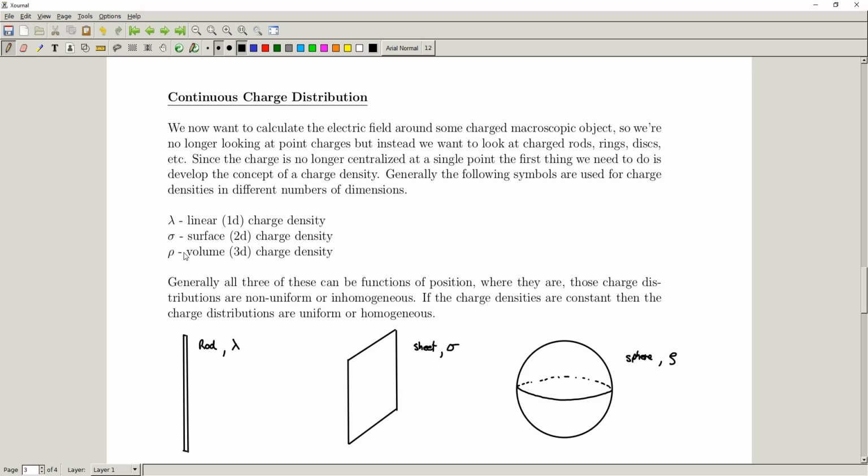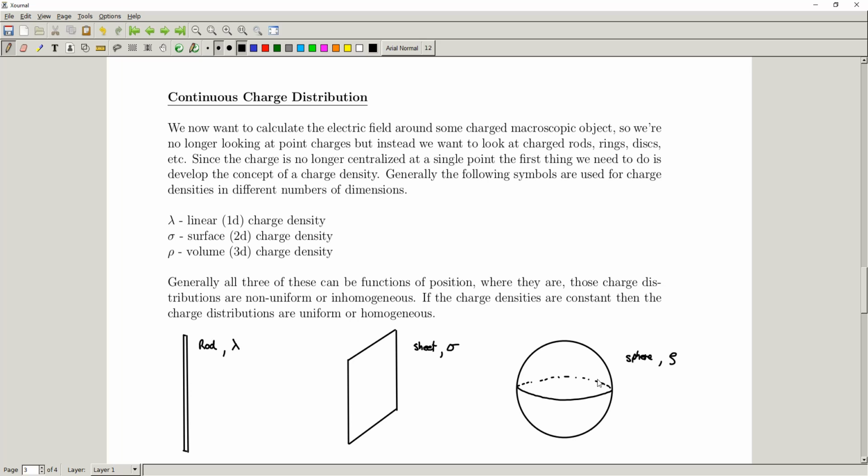And so generally speaking, these three different charge densities could be functions of position, right? They don't have to be uniform. So in general, we would find that lambda would change depending on where on the rod we were, and so we would have a lambda that is a function of position, right? And those types of distributions would be called non-uniform or inhomogeneous charge distributions, right? So they would have charge densities that are not constant over the entire length, area, or volume of the object,